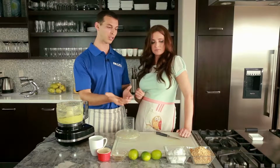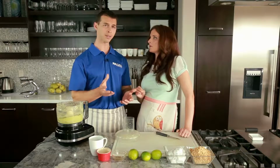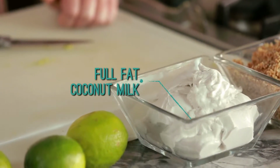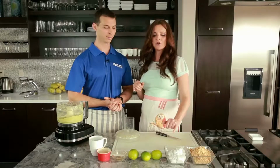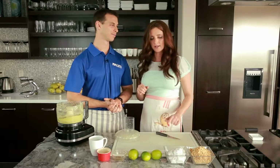Exactly. And that coconut cream is just, if you buy the full fat coconut milk and set it in the refrigerator, it will solidify. Then you scoop it out. So there's nothing really fancy to making that. I got the Thai Kitchen brand. You can get organic, and that usually has the nice thick layers also. It seems to work really well, which is important. Totally. So we are just going to put this away